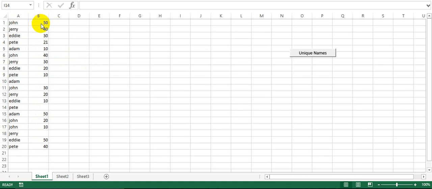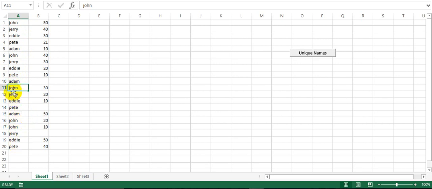I wrote this macro for somebody that had a unique situation, but this can be applied to different uses, I think. What we were trying to do is, out of the list, find each unique name. So here we see John shows up right here, and then John again right here, John again right here. So instead of having a long list of every single entry,